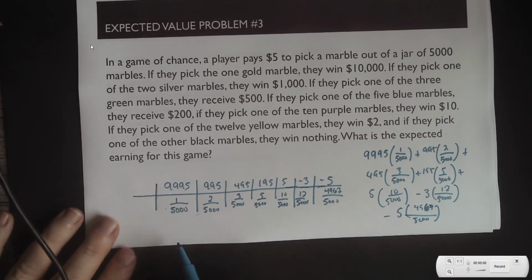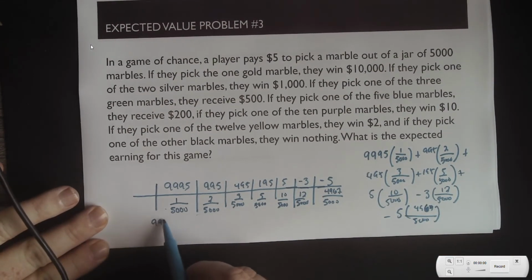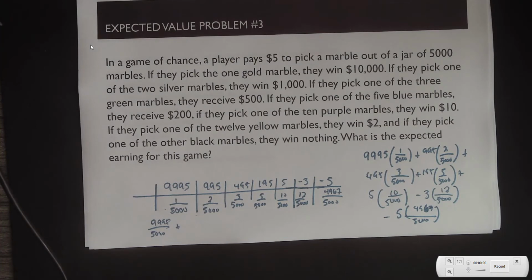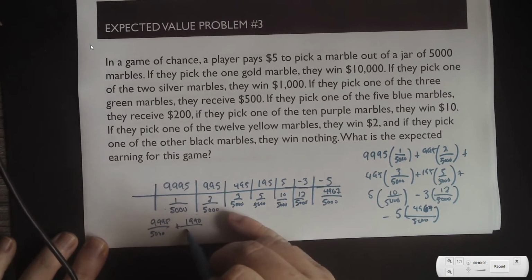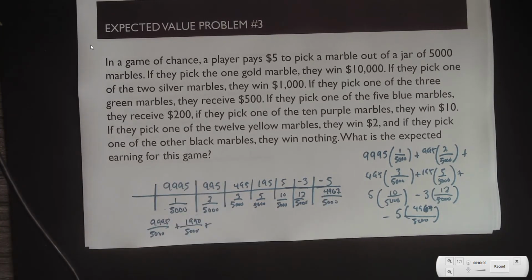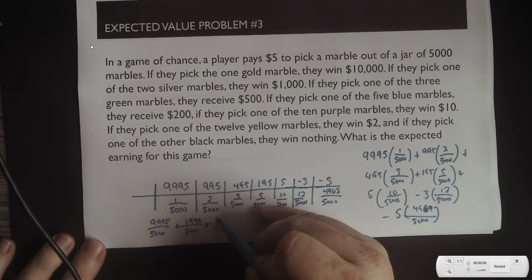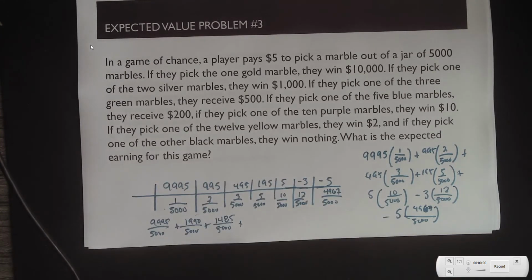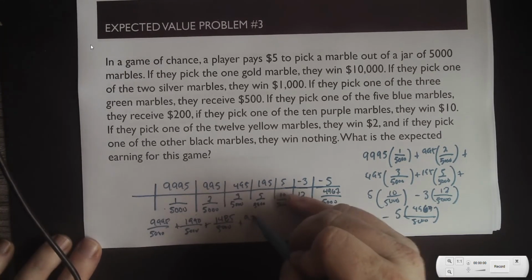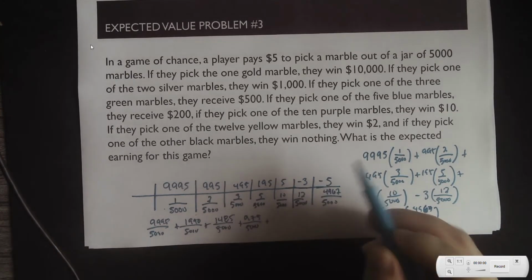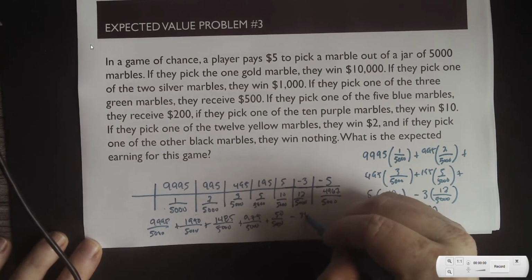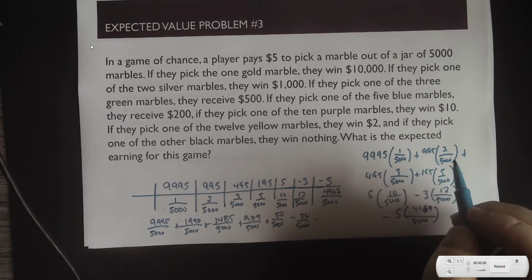And then that'll give me 9,995 over 5,000 plus 1,990 over 5,000 plus 1,485 over 5,000 plus 975 over 5,000 plus 50 over 5,000 minus 36 over 5,000, and then